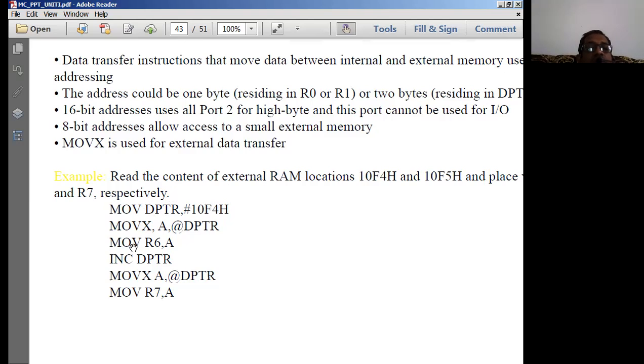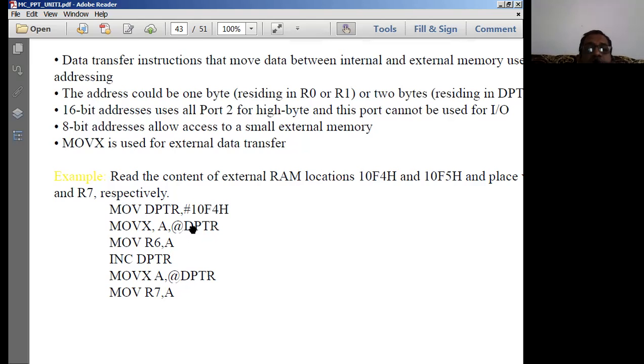Next, DPTR now contains the address of the memory location where the data is. Now I want to transfer the data pointed to by DPTR into the accumulator. For this I am using MOVX. This MOVX indicates that I want to move data from the external memory location pointed to by the DPTR pointer.